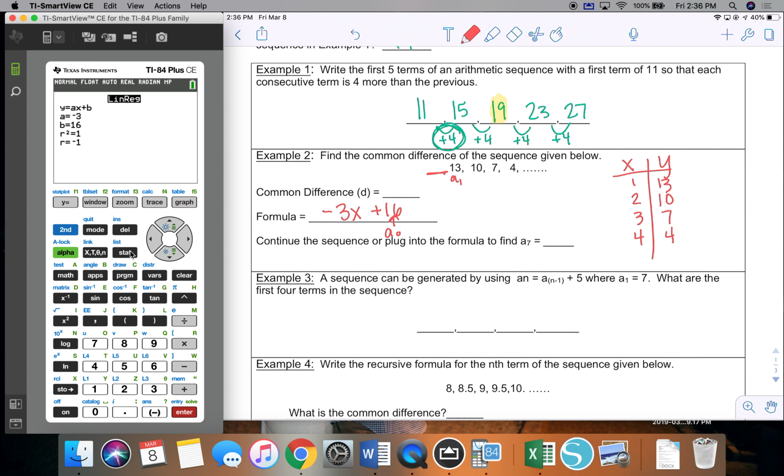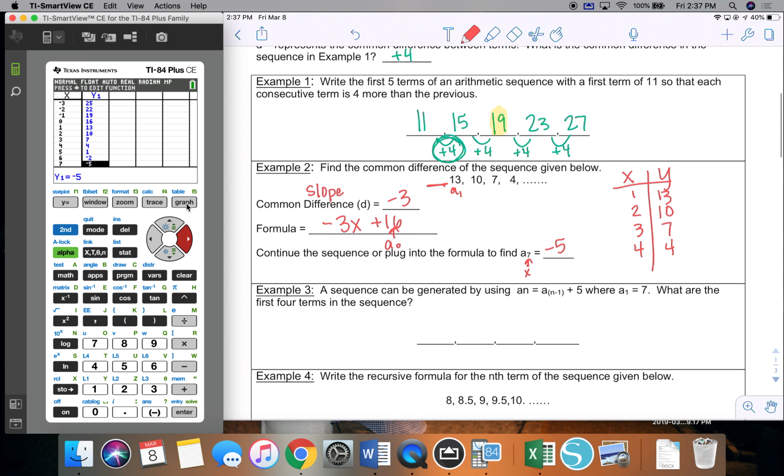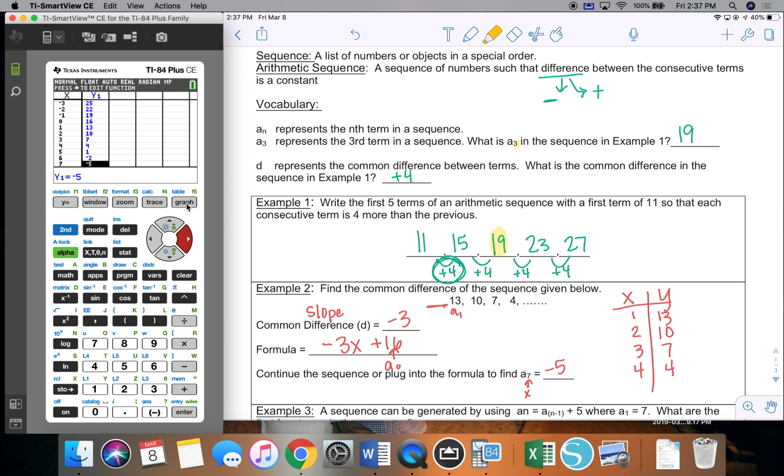Okay? Now your common difference is going to be like your slope in a y equals mx plus b kind of situation. And then we can continue the sequence or plug into the formula to find a of 7. So if I plug this in, negative 3x plus 16, remember this is like a little number x, so I'm going to go to my table, and when x is 7, y is negative 5. So up here,